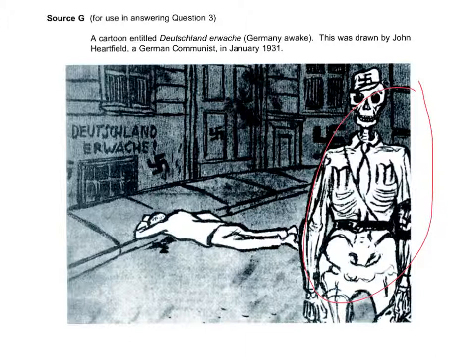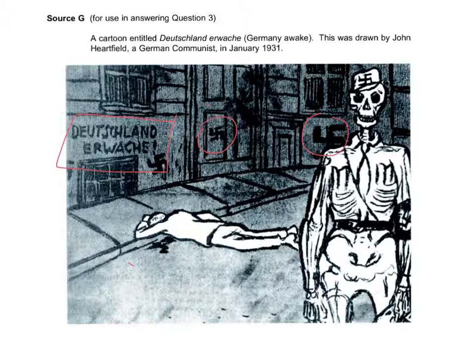SA stormtrooper. You can see he's got the Nazi cap on. And in the background we have a body on the floor. So I think we have to assume that this person here is designed to be a dead body. The exam board have kindly translated the German for you, so you don't have to be a German specialist, and they've told you that this means Germany awake, and you can see that there are various kind of swastikas plastered